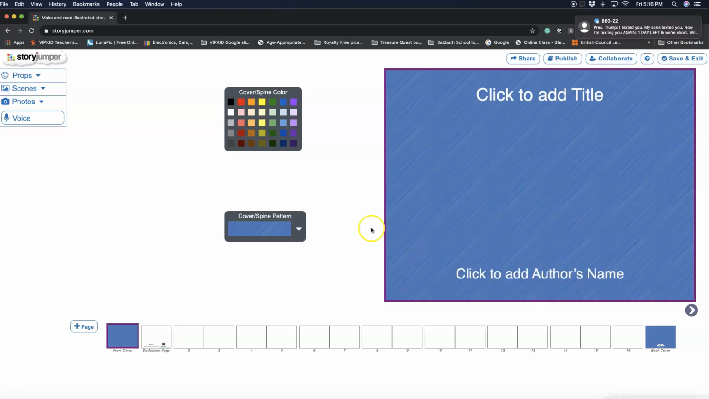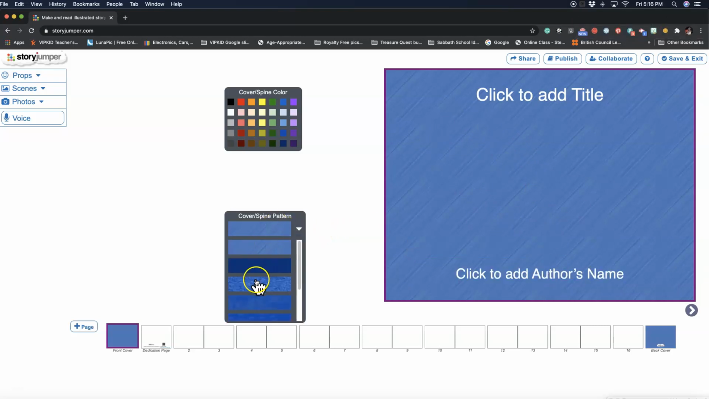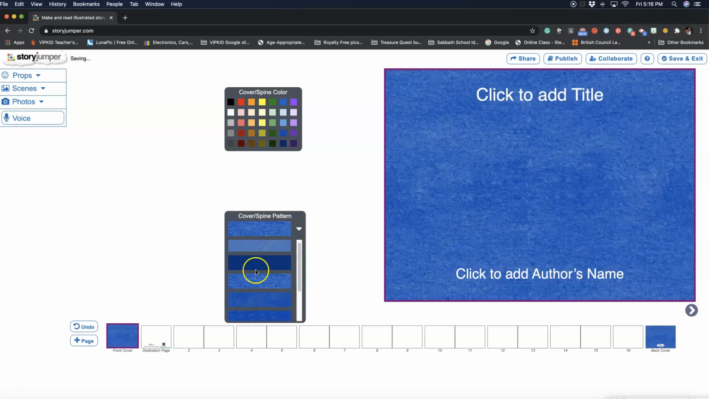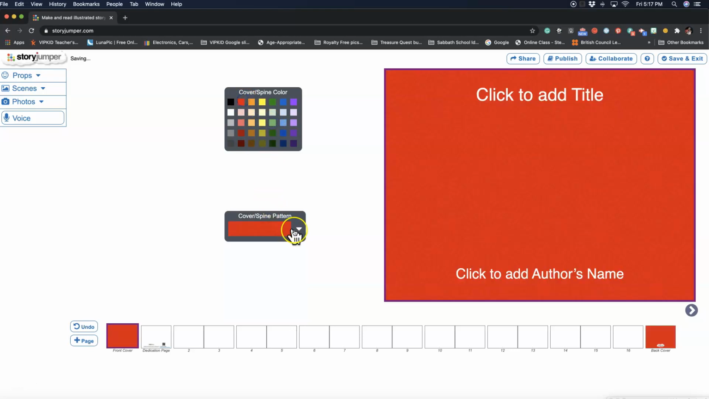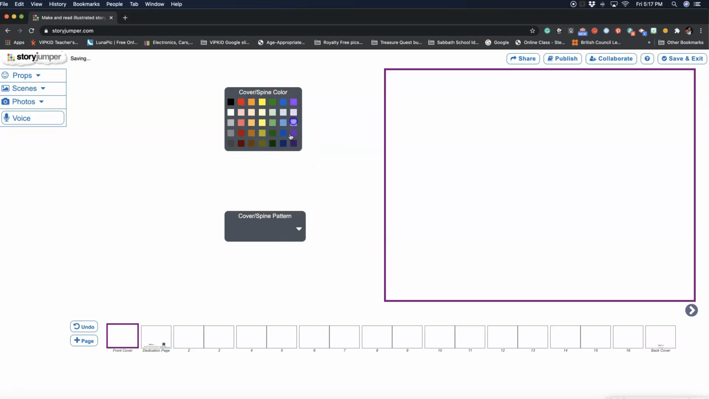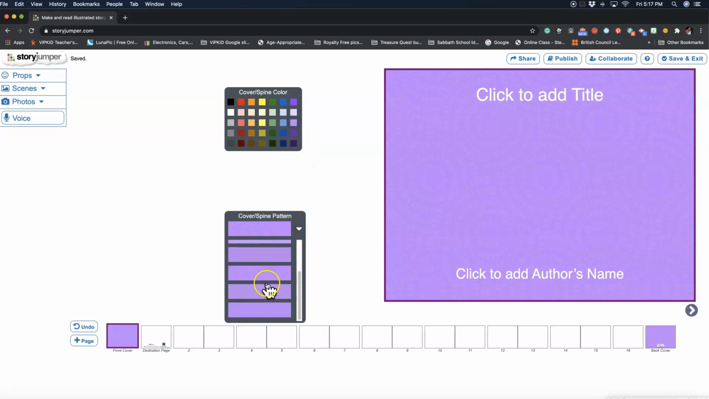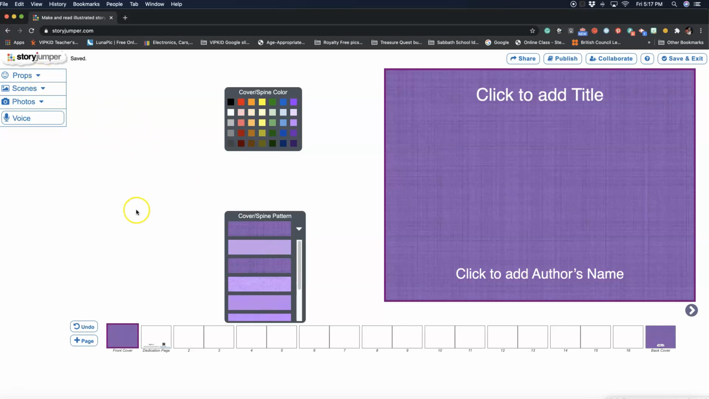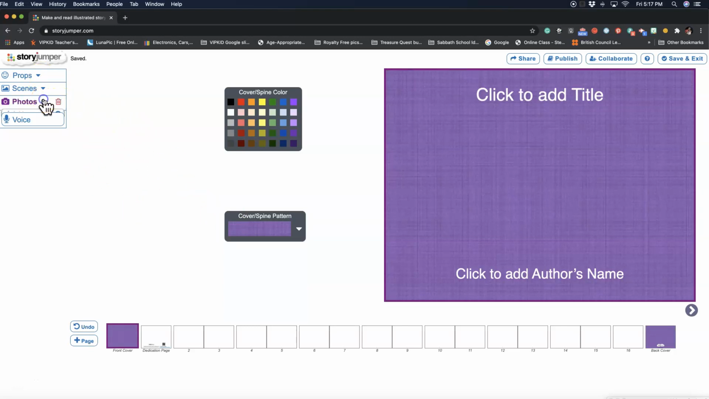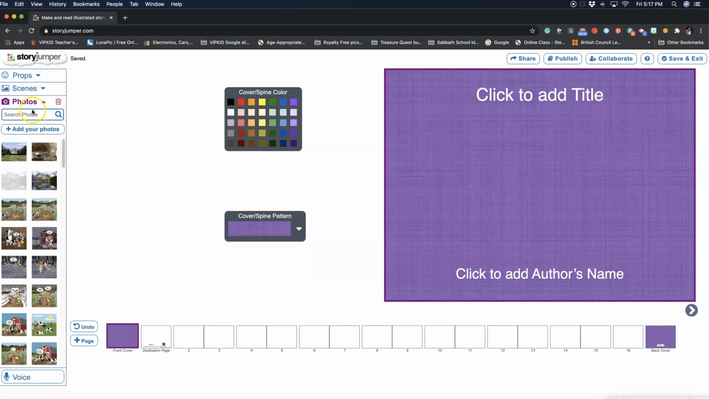All right, let's say you want to change your spine here. So you have different options. Maybe you don't like that color, so you can choose the different, ooh, that's kind of bright there. All right. Choose the different spines that you would like, or maybe you want to just add a picture. So you want to go over here to photos, and these are just some pictures that I have. But if you want to add your own pictures, you click on add your photos, and you can find them